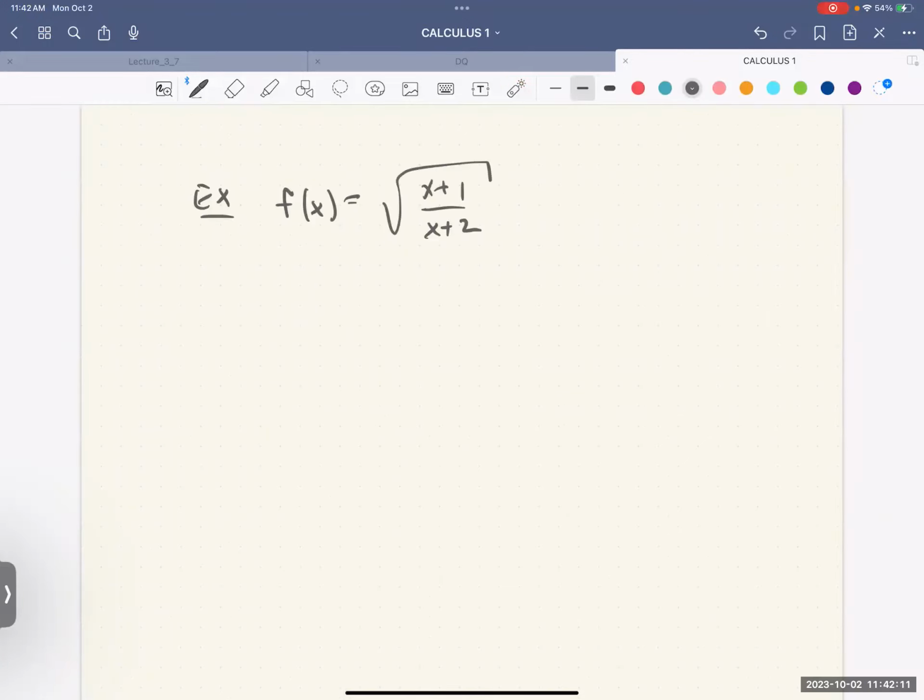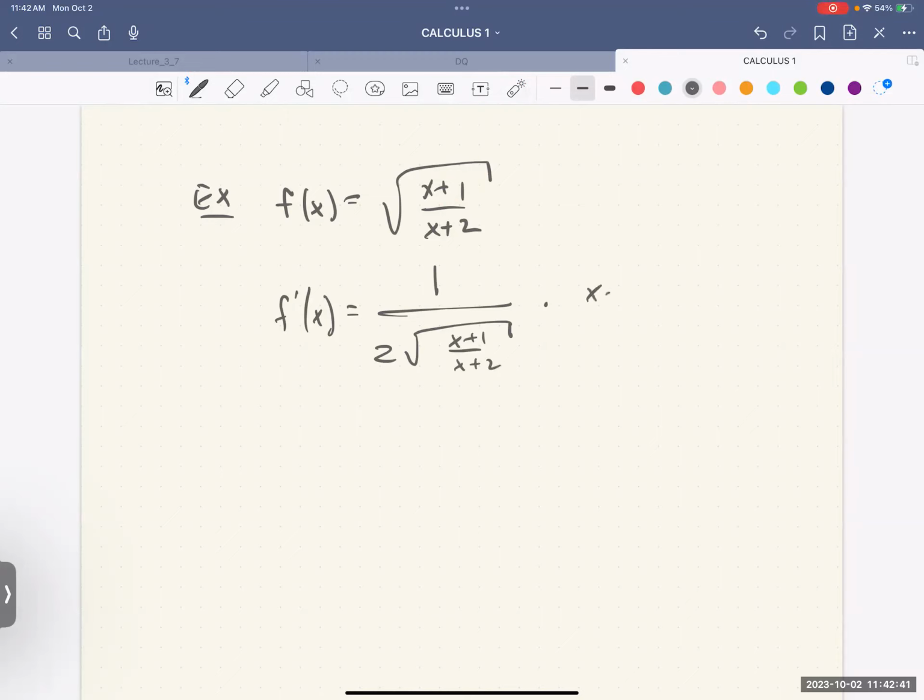Okay. Outer function is the root of something. Inner function is this x plus 1 divided by x plus 2, for which you would need the quotient rule. So f prime x. Derivative of the outer function, we know the root of something differentiates to 1 over 2 root of the inside function. So 1 over 2 root of the inner function